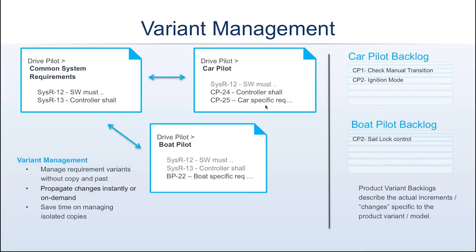It contains all the information that is up to date, and this really helps me to understand the context of my large complex project development. This is really very different from tracking the actual user stories. If we speak about the product variant backlogs, the user stories describe the actual increments, the changes that need to be implemented for the specific product or variant